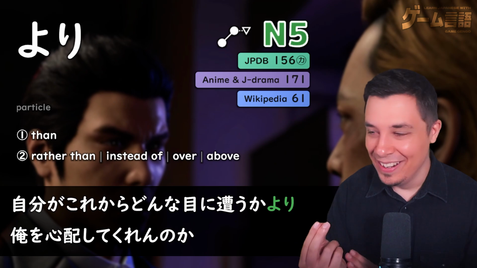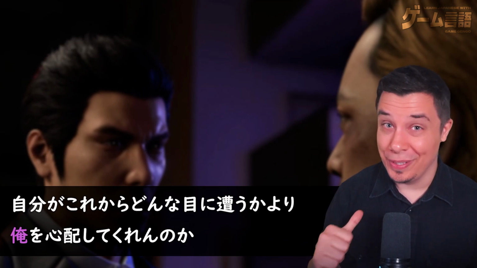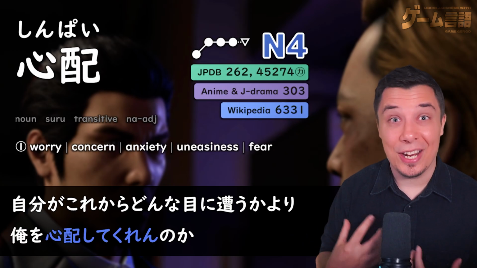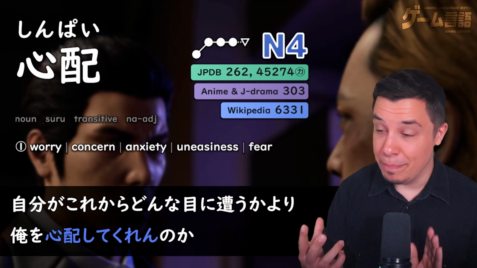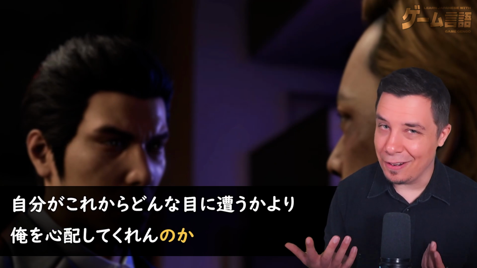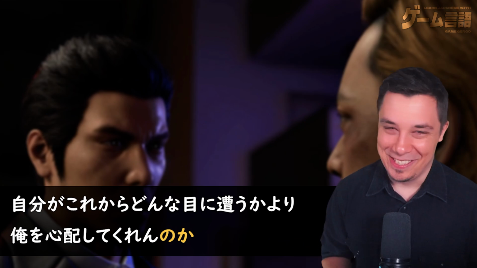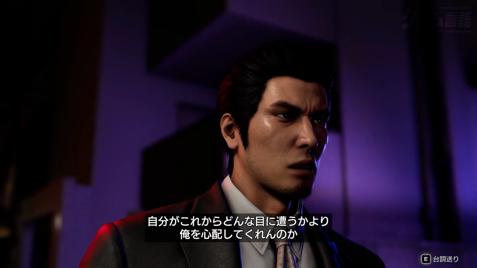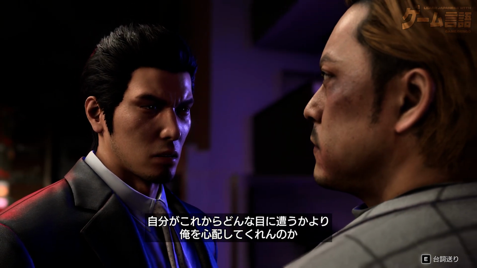Yori, more than. So more than what you're going to suffer from here on out. Ore o, doing to me. Shinpai shite kuren no ka. So shinpai suru is to worry about something. Shite kureru is to do for me. Here the contracted form of shinpai shite kureru. Shinpai shite kuren. And then again, no ka, a question. So you're unexpectedly kind, huh? More than how you're going to suffer from here on out. You're worried about me, huh? That's a very cool line here from Kiryu. はあ? 自分がこれからどんな目に遭うかより俺を心配してくれんのか